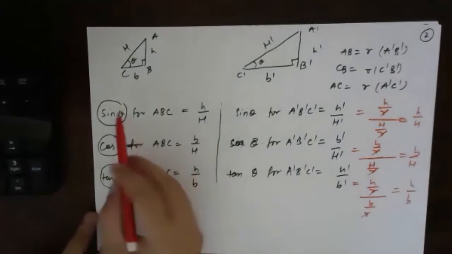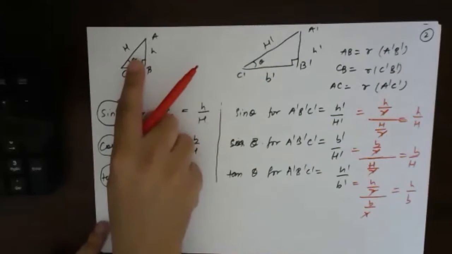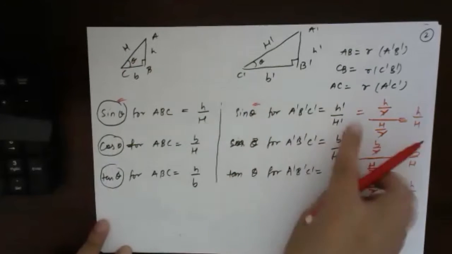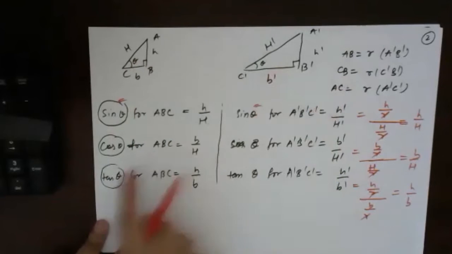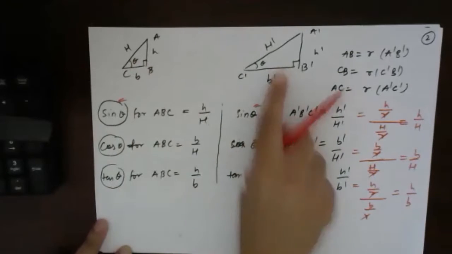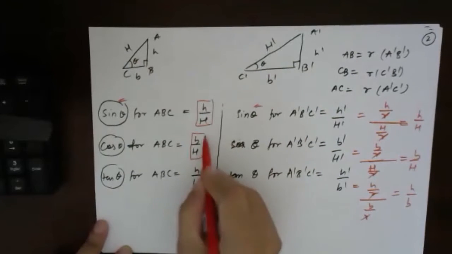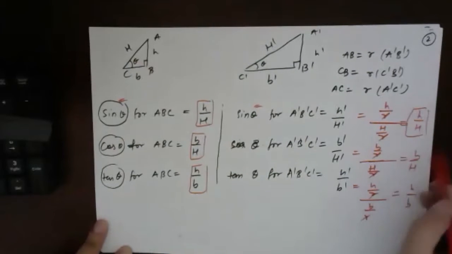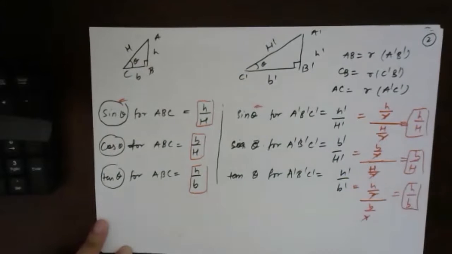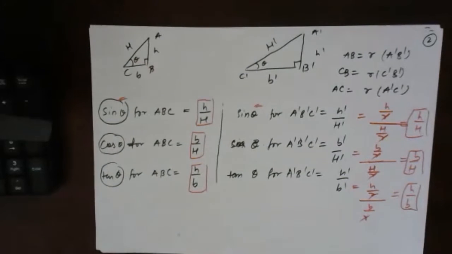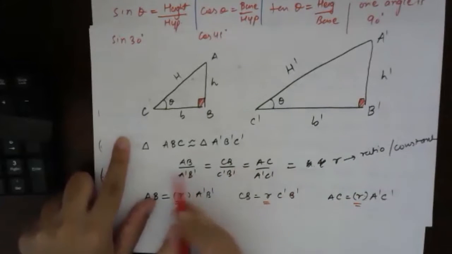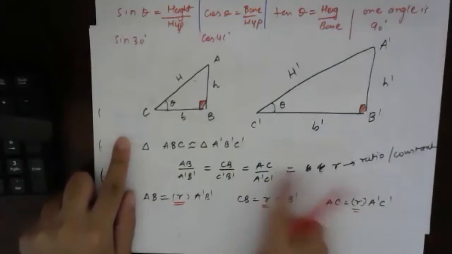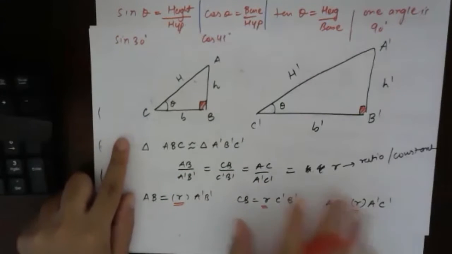Now we can see that sine theta for this triangle is also equal to sine theta for this triangle. Cos theta for this triangle is also equal to cos theta for this triangle. Tan theta for this triangle is also equal to tan theta for this triangle, because everywhere we are getting the same trigonometric ratios. But R is a constant. Here I have taken R as constant. So these are ratios. Suppose this is equal to 2, this is equal to 4. So I have taken a constant ratio. Understood? This R is a constant. Ashwin, understood?